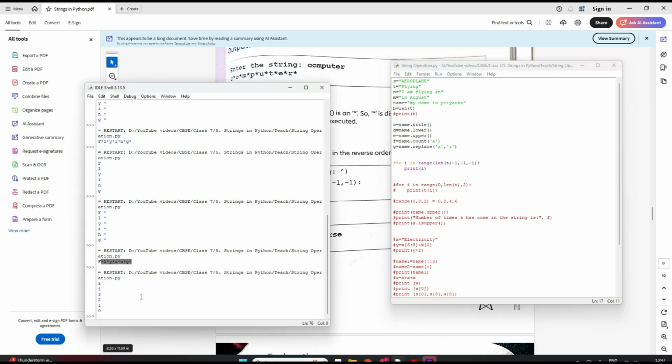See, 5, 4, 3. Oh, sorry, I'm printing I, right? I don't have to print I. It will be T in bracket I. See, just printed the number. Did you see that? So first I will be 5. It starts from 5, right? Then 4, then 3, 2, 1, and 0. It's good I printed this so that you understand how I is traversing from 5 till 0, right?